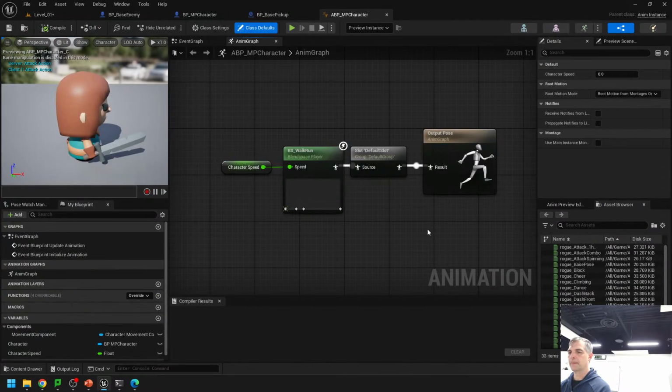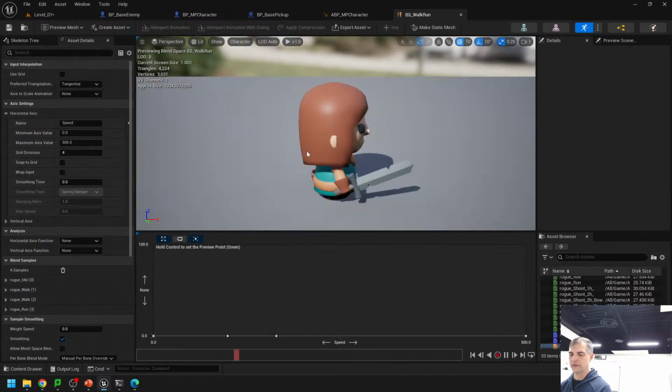Right now I have a walk run. And the animation for the walk run, if I open that up, the blend space, there is an animation for walk and an animation for running. So if I run fast, like this one up here, there's the run. So if I kind of look at that animation,